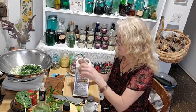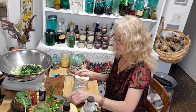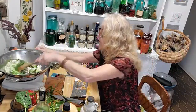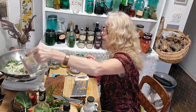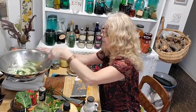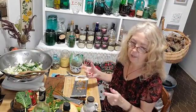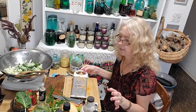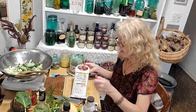Okay, so we have these, another fantastic little garden veggie, and I can hear this going on here, so I better give it a stir. We're getting a little too carried away with talking and forgetting to add water. So again, that reminds me, we kind of got on a thing. For those of you that hang out with me often, I kind of get into a thing where it's on my mind because it's come up. And so when I poured the water in, it just made me think of the other day when we added the herbal tea